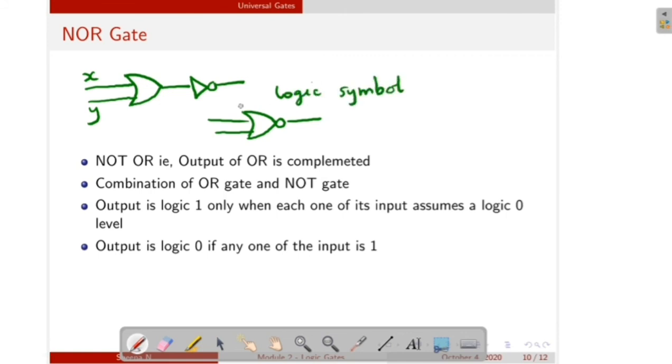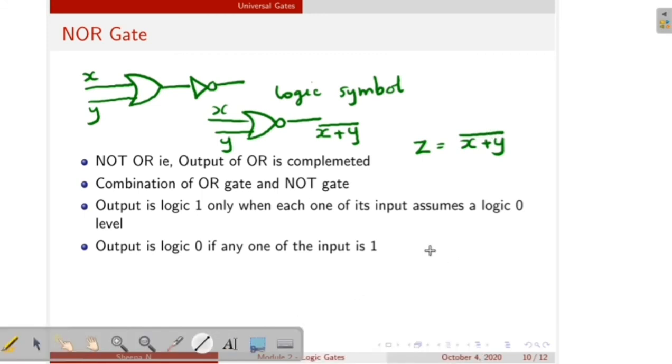Here x and y are the inputs. You know what is OR gate? OR gate is x plus y, x or y, then complement of that. So we can write the expression as z is equal to (x plus y) whole bar. So the truth table is,